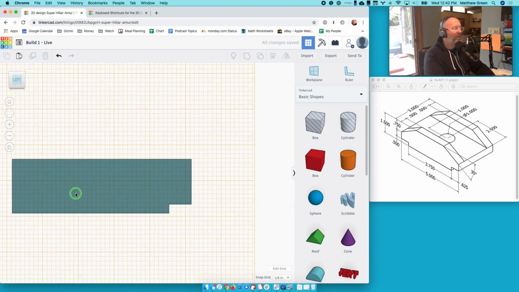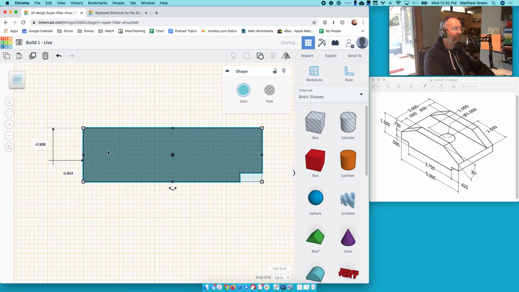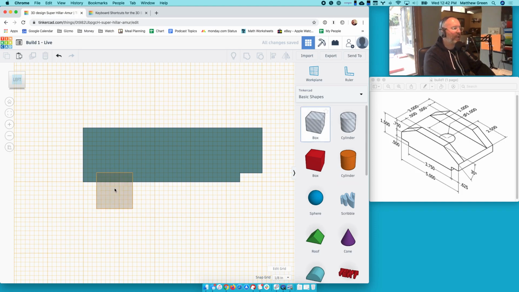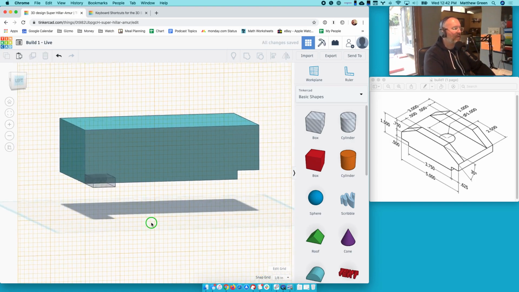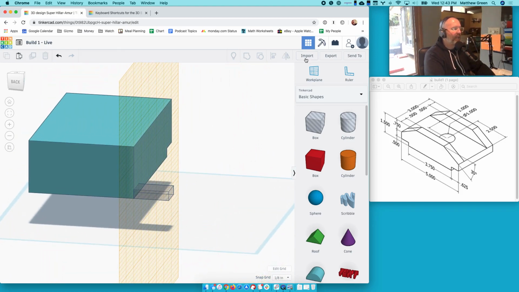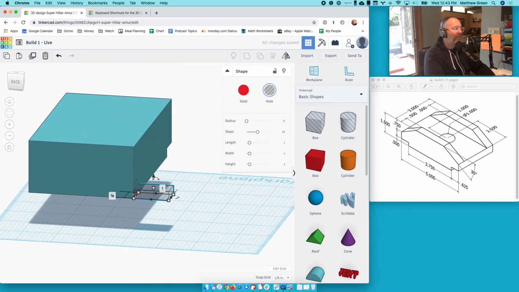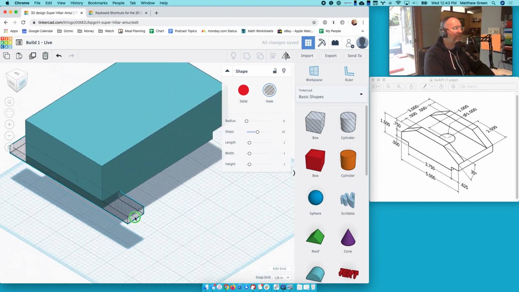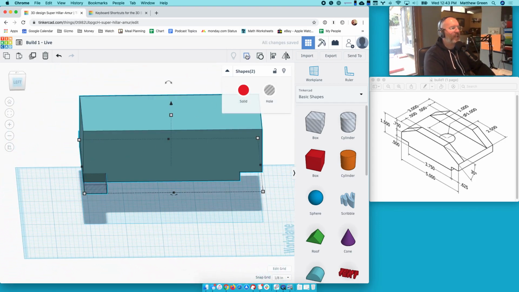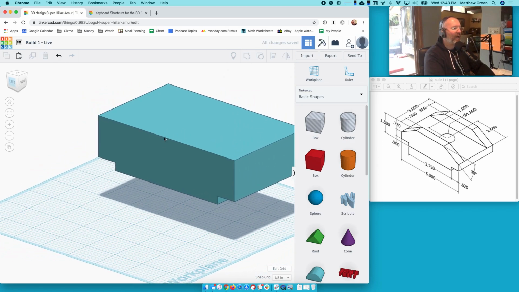Go here, drag things around, make sure I can use my grid correctly, and then I'm going to throw another box in the corner. Make it 1/4 of an inch by 5/8, which is 0.625. Then we're going to take it and put our work plane, which you can click there, or if you hover over it, shows you the keyboard shortcut. It's W. And then we're going to take this object, stretch it out, shift to select both and group. And now I have,